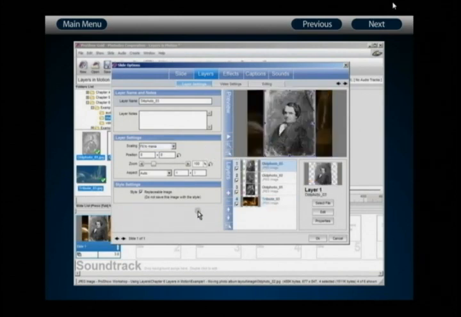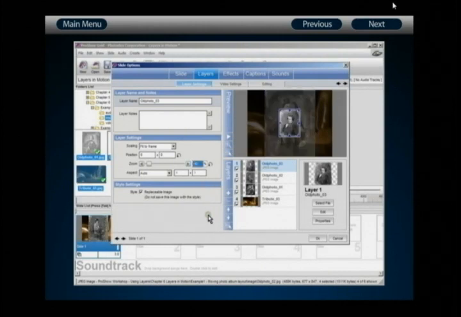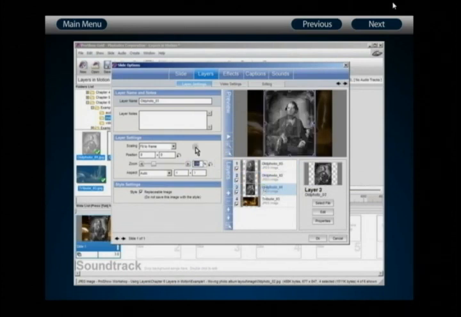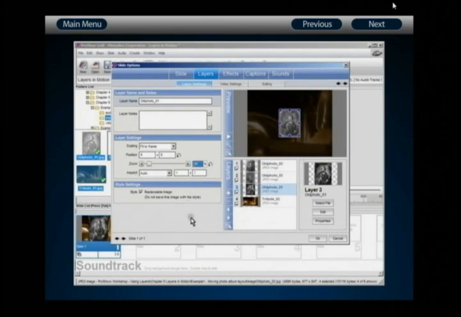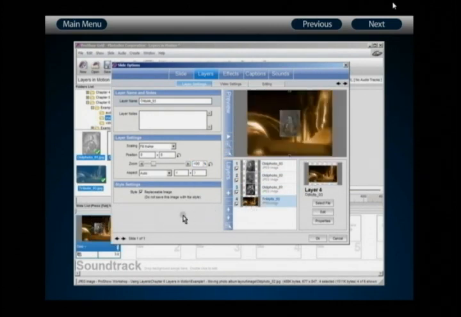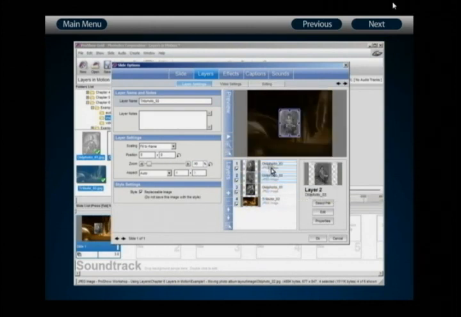Now, because I'm going to want to be able to display all of my photos within the same slide frame, I'm going to need to reduce their size. Let's try bringing their size value down to about 40%. That gives me a decent amount of visual room to have these move about on the slide, so I'll change each one of them to 40%. Now in this case, I'm not using the copy option because if I were to do that, it would also reduce the size of my background image to 40%, and I've already established that where I want it to be. So in this case, it's a little bit faster for me to simply manually change each one of my layer